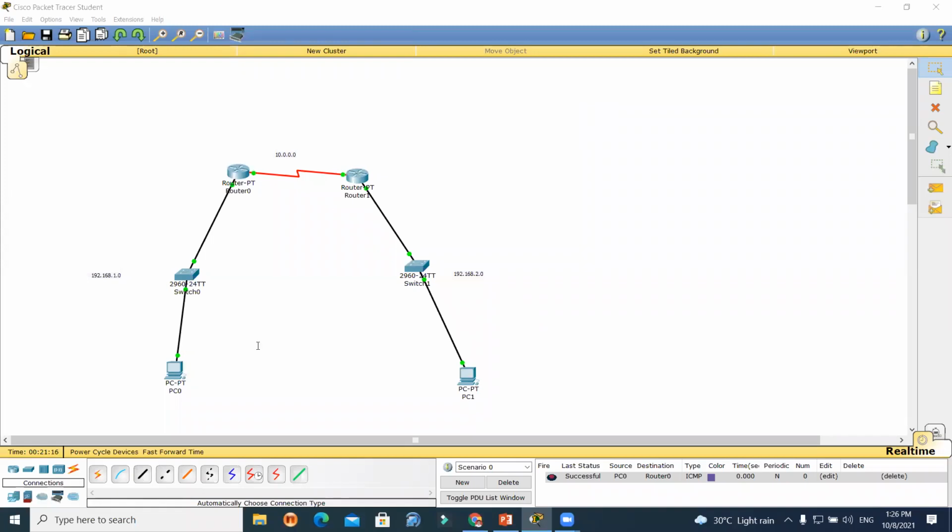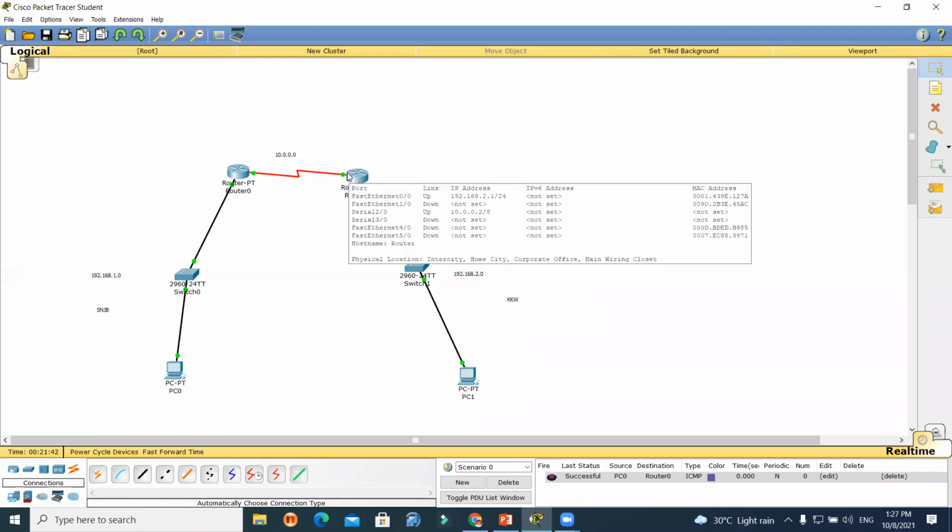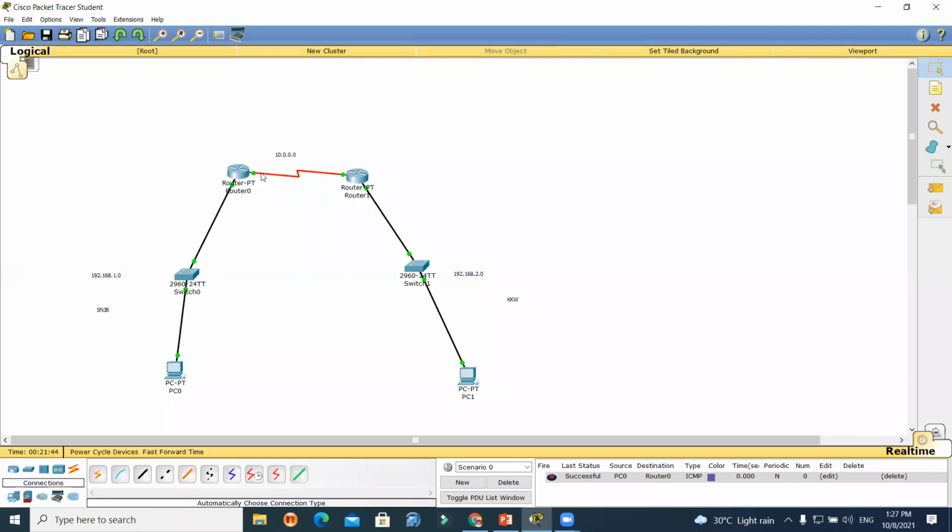Okay. So in that, I already told you one network has the IP address 192.168.1.0. The other network has the address 192.168.2.0. That is the KKWAG network, and one is the SNJB network. And for communication between these two networks, we need the router. When one router is connected with another router, that means we can say it is connected over the internet. And this red cable is the serial communication cable,